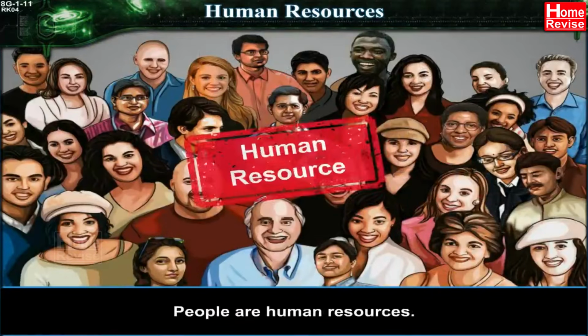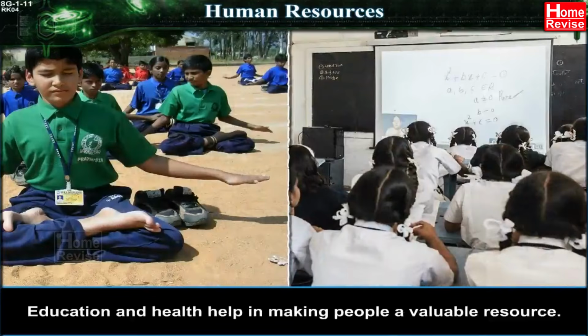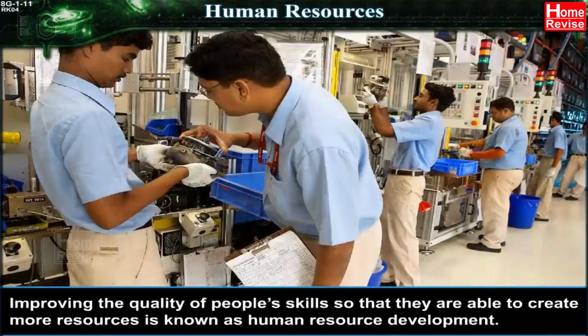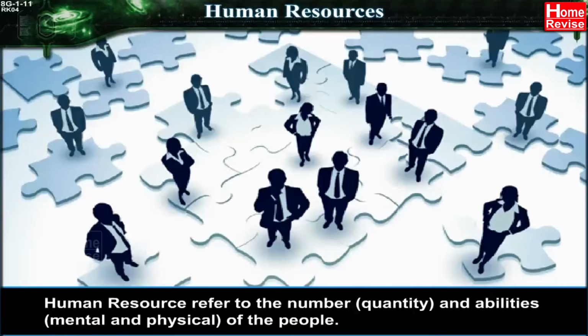People are human resources. Education and health help in making people a valuable resource. Improving the quality of people's skills so that they are able to create more resources is known as human resource development. Do you know, human resource refers to the number, that is quantity, and abilities, that is mental and physical,